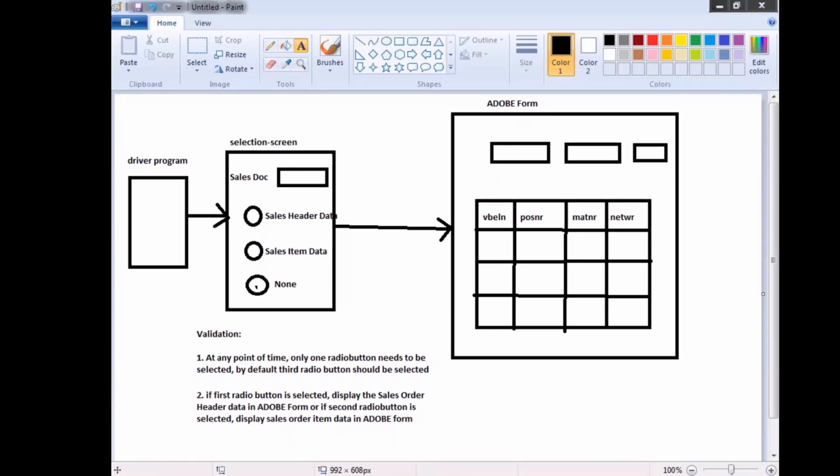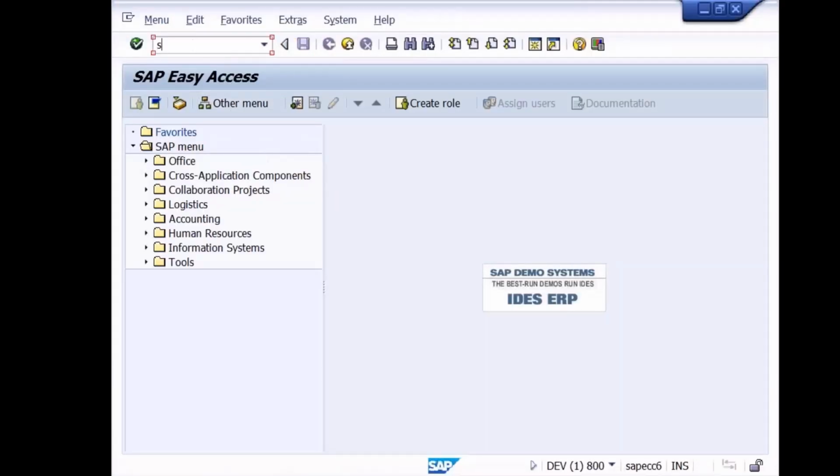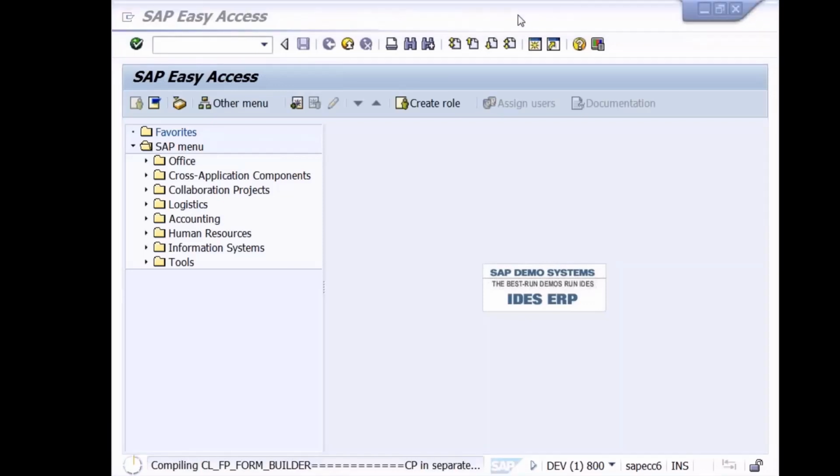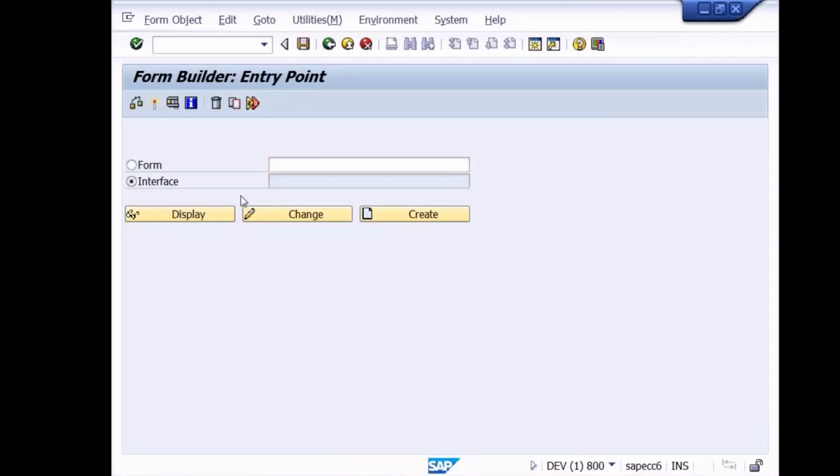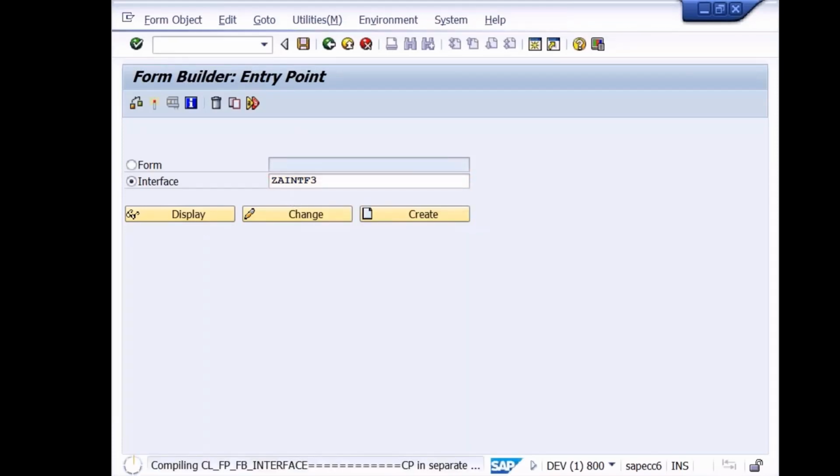So let's design that. First we require an interface. So I'll go to the SFP T-code and choose the interface. Let me give the interface name as Z Adobe interface 4. Z Adobe interface 3 is already created, I think.